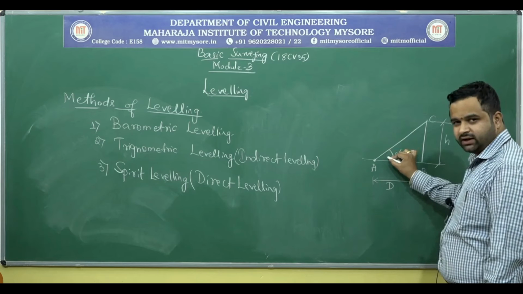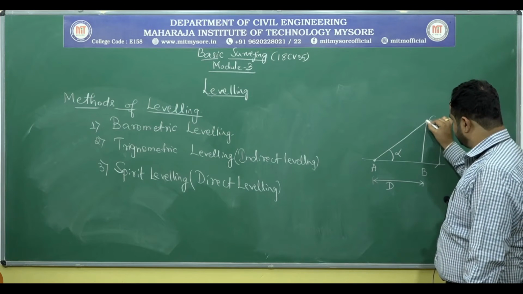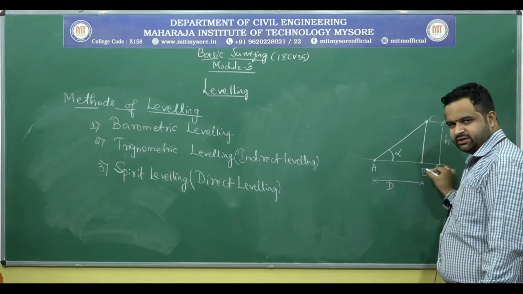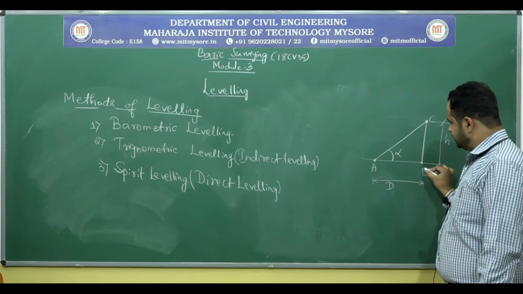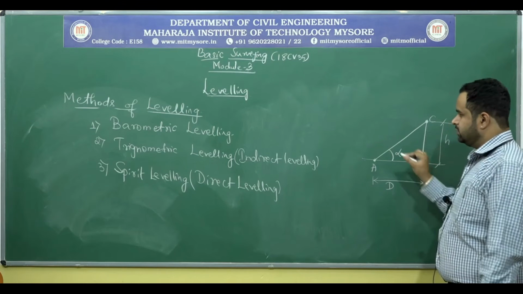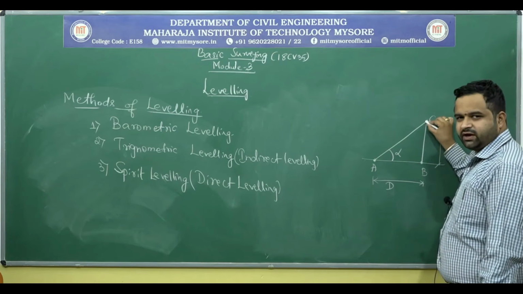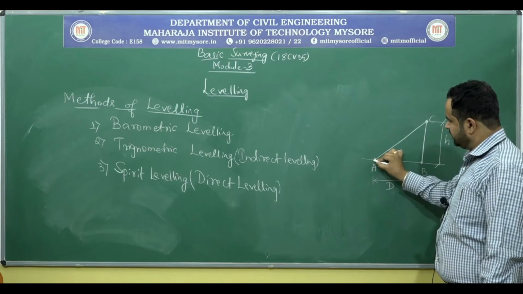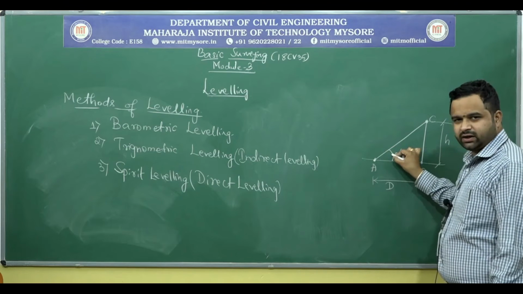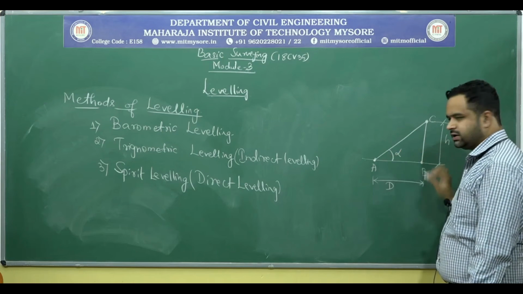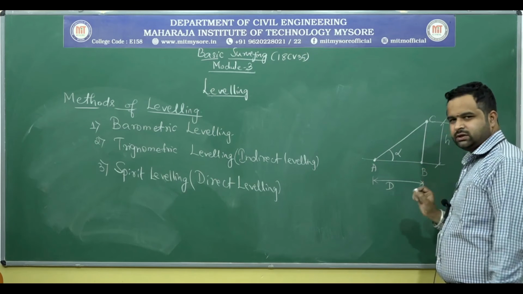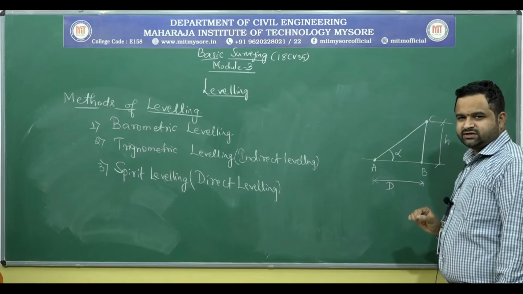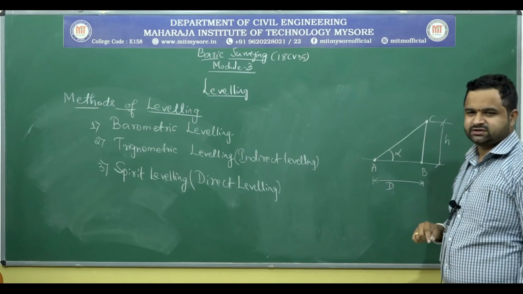by knowing the vertical angle to the point whose elevation has to be determined, and the horizontal distance between the two points, we can easily find the elevation of this point. That is, by knowing the elevation of this point, the vertical angle to the other point from the horizontal, and the horizontal distance, we can easily calculate its elevation by using some trigonometric functions.